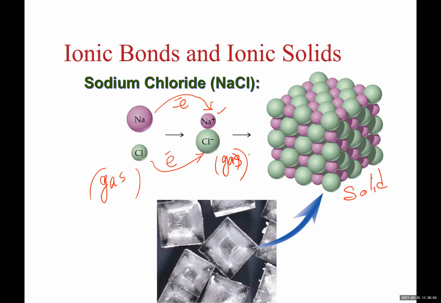Obviously, when gas is converted to solid, it's going to release energy. So in addition to ionization energy and electron affinity energy, I have to calculate how much energy is needed to convert